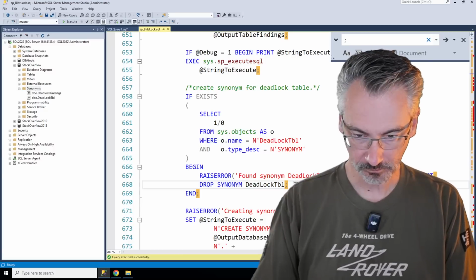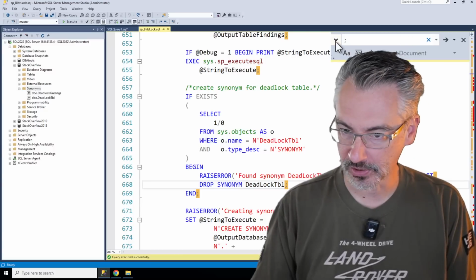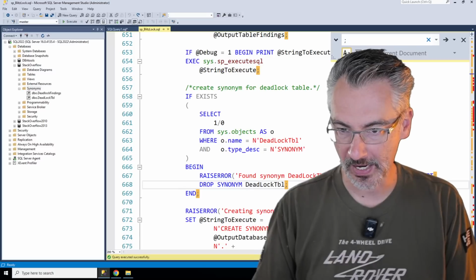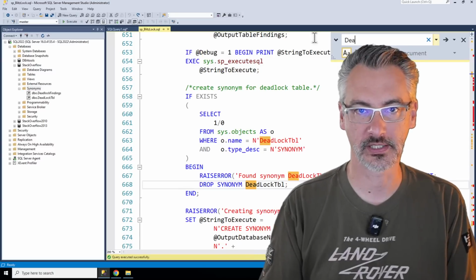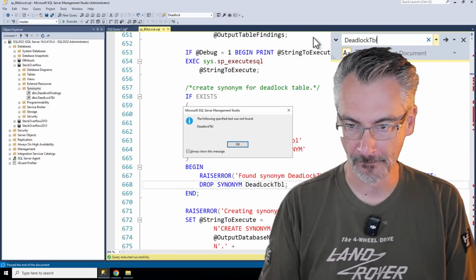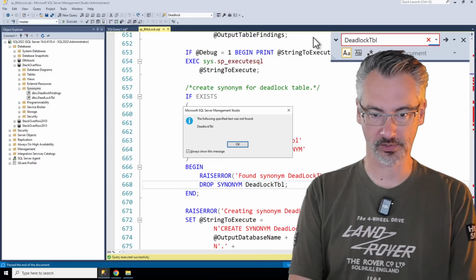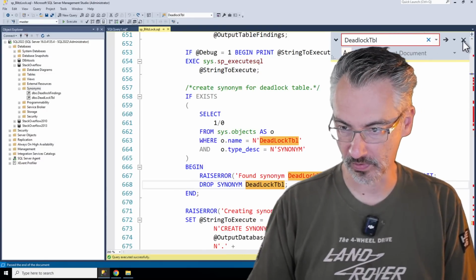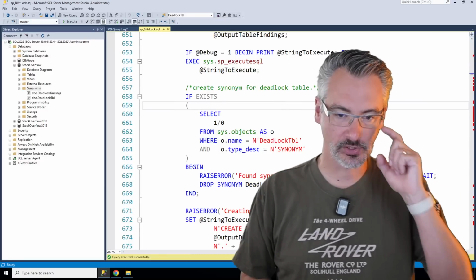So I can actually make it case sensitive. Let's see here, which one is the one? A match case, and we'll say deadlock table, and it's not found anywhere, so that's cool. Turn off match case just so that we don't have that again. Okay, so